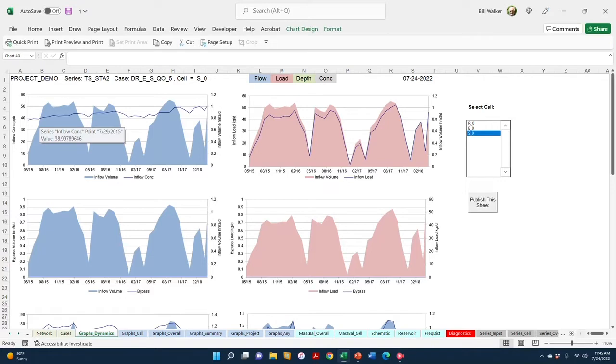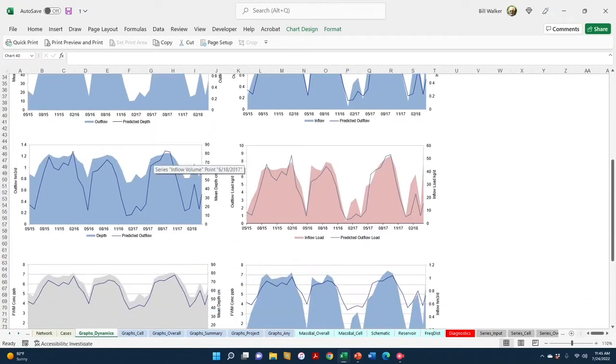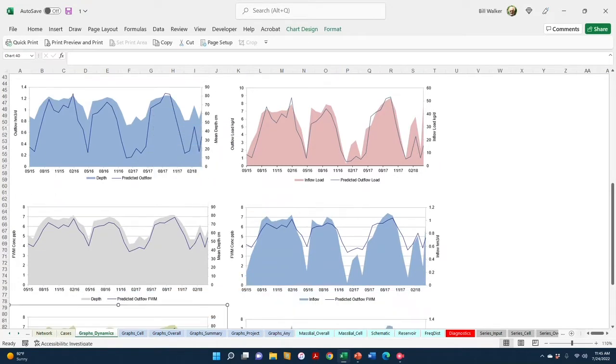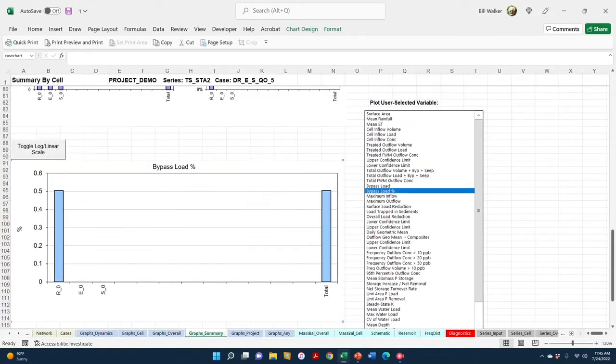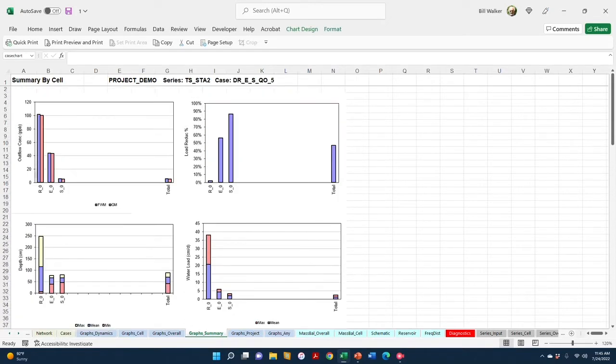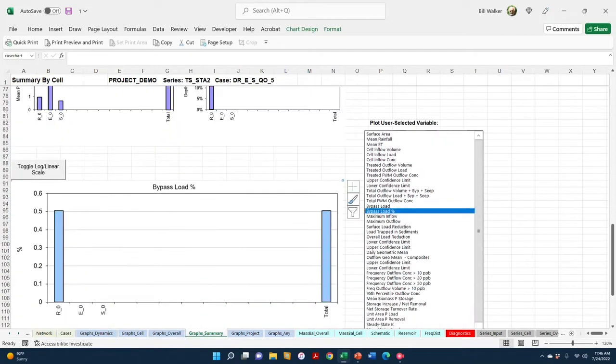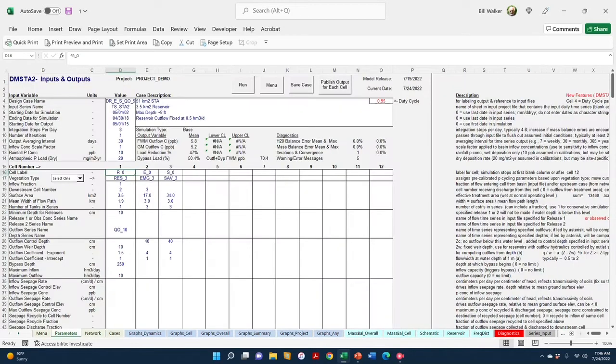The SAV cell still has relatively stable inflow concentrations, and the performance is still good, but we're predicting an outflow concentration of 6. Before we were getting, what, 4, but let's see how much. Yeah, we're still generating quite a bit of bypass. 50% is being bypassed, so if we want to get rid of that,